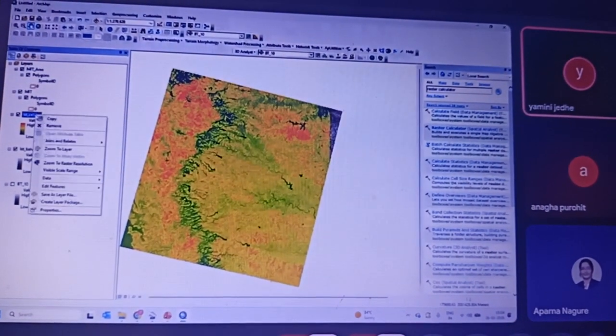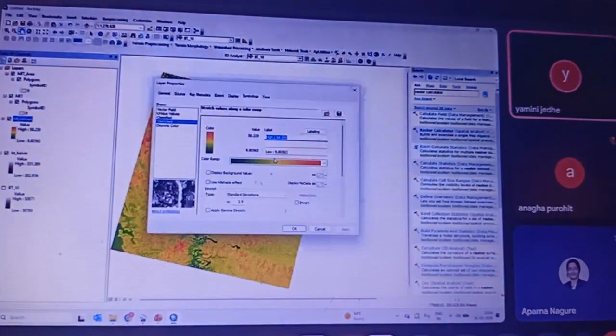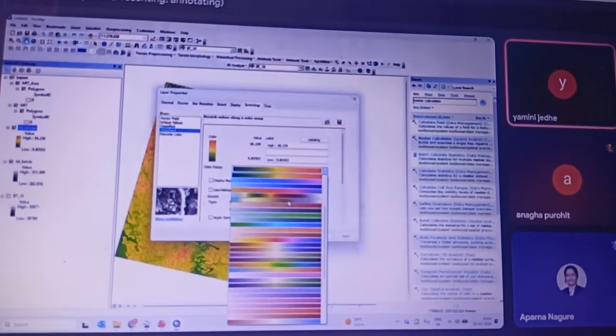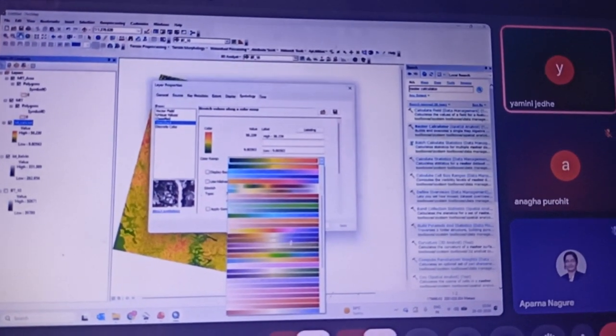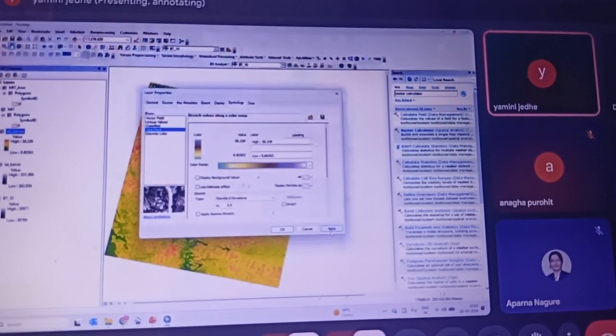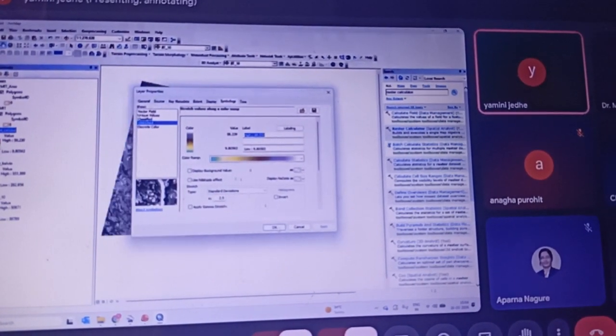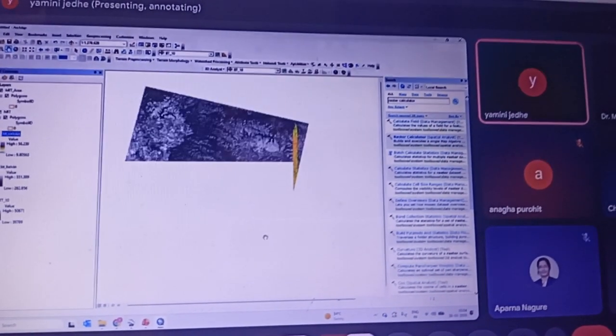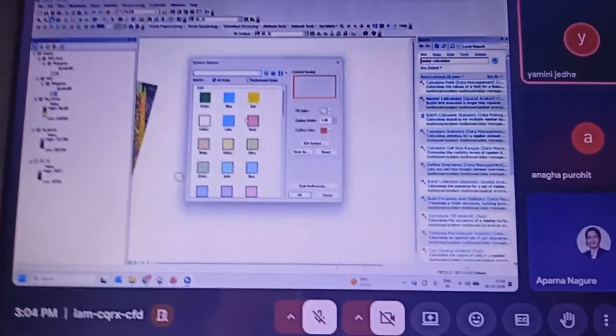Okay, this is not visible, so we will change the color actually, so that the areas can be visible.